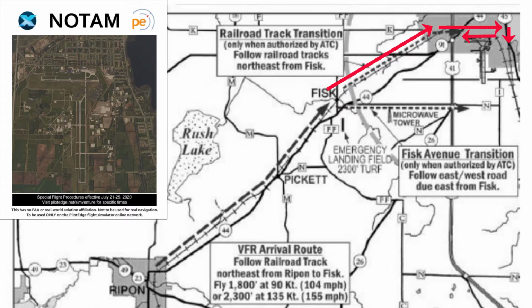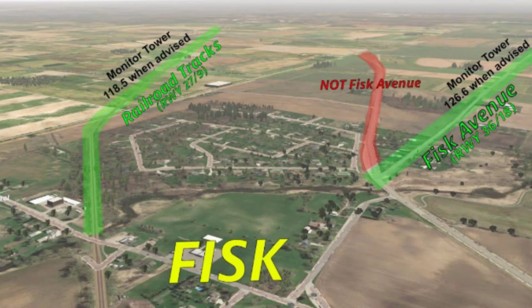First, we want to take a look at a diagram. This first diagram is the approach from Ripon, from Green Lake, up Ripon, through Pickett. And as you approach Fisk is when they make the decision. The live ATC decides which way you're going to go. They recognize you, they have you rock your wings, and you go left or right, or you continue straight on or go right. The last video, we went right and landed on 36 right, and we monitored the tower on